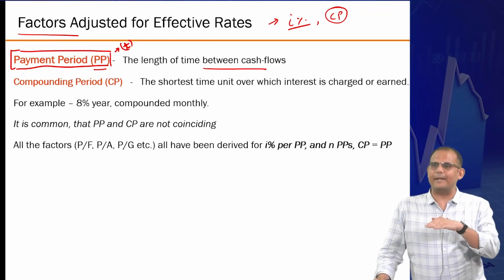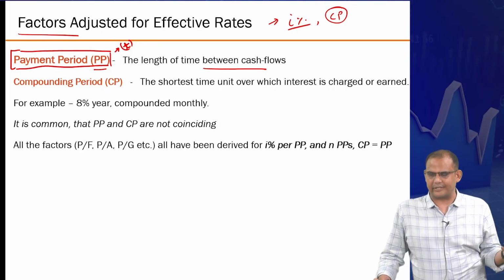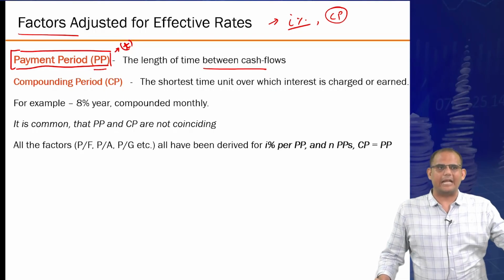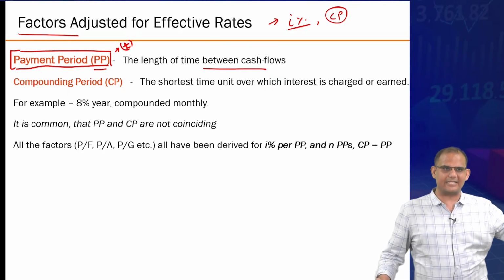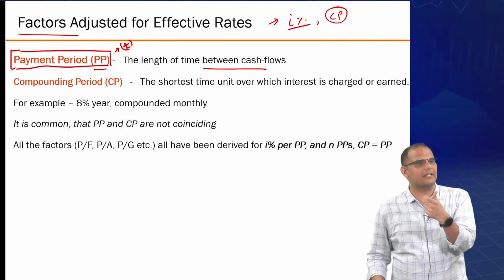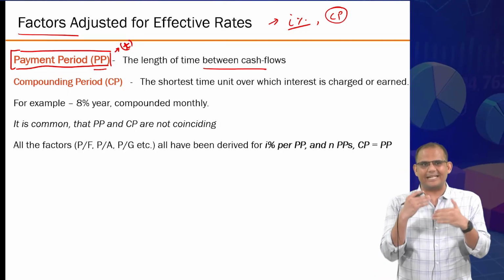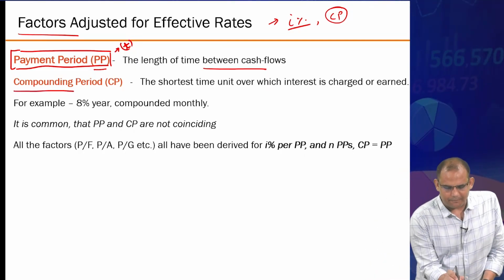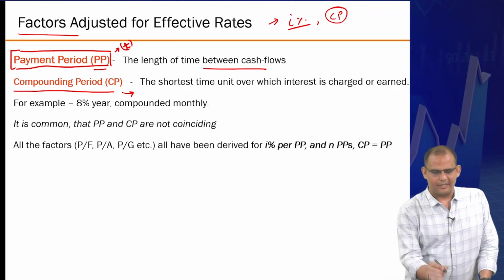So payment period is governed by your business needs or the kind of transactions you are handling. If you are in the banking industry, daily. If you are in the stock market industry, even hourly, even second basis, payment period becomes important. But on a second basis, the rate does not get compounded, and again, the error can accumulate. So depending upon what the need is, compounding period is market driven. It is somebody giving you the external rate.